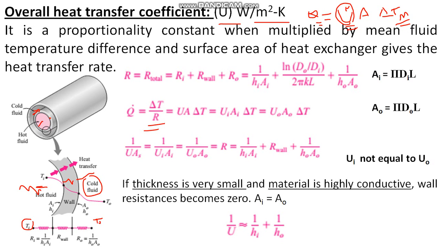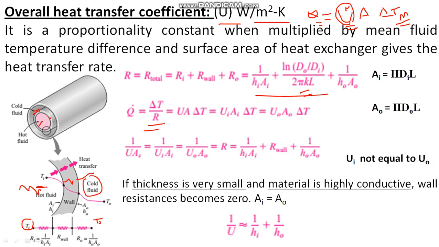It comes under a cylinder. What is the resistance for a cylinder? Very good example, no? It is ln of R2 by R1 divided by 2 pi L K. It's very important because you are going to see conduction. Just go to the conduction notes and you will find it. Don't worry, this formula will be there in the data book. You don't need to mark up anything. You can be studying; I want you to understand it very much.